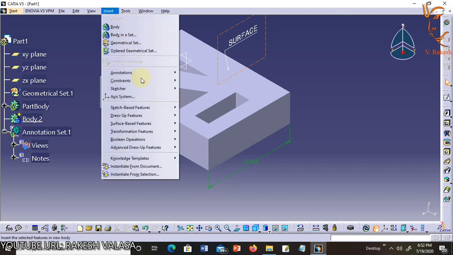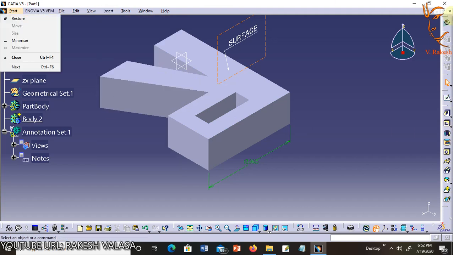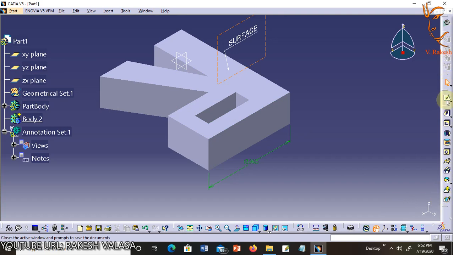Next option is Sketcher. This tool allows you to create a sketch. It is a duplicate of the Sketcher tool found on the side toolbar. This tool is covered in more detail in the Sketcher workbench lesson.